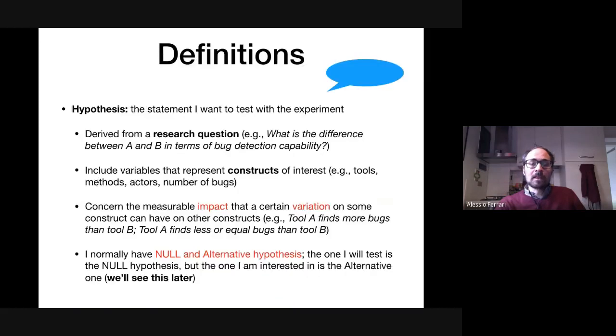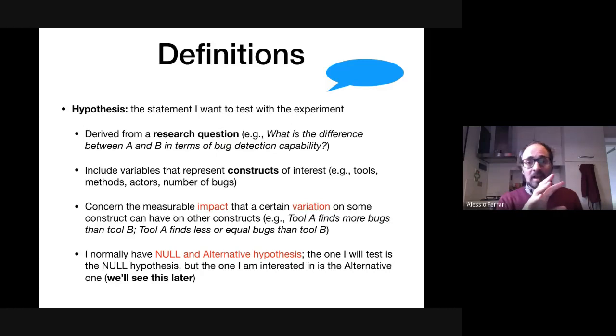Okay, so let's go to some more formal definitions. You now have a general understanding of what we are speaking about here, but now we give some definitions, and I will generally read what's written here. So we start with the definition of hypothesis. The hypothesis is the statement that I want to test with my experiment. So as I've shown,